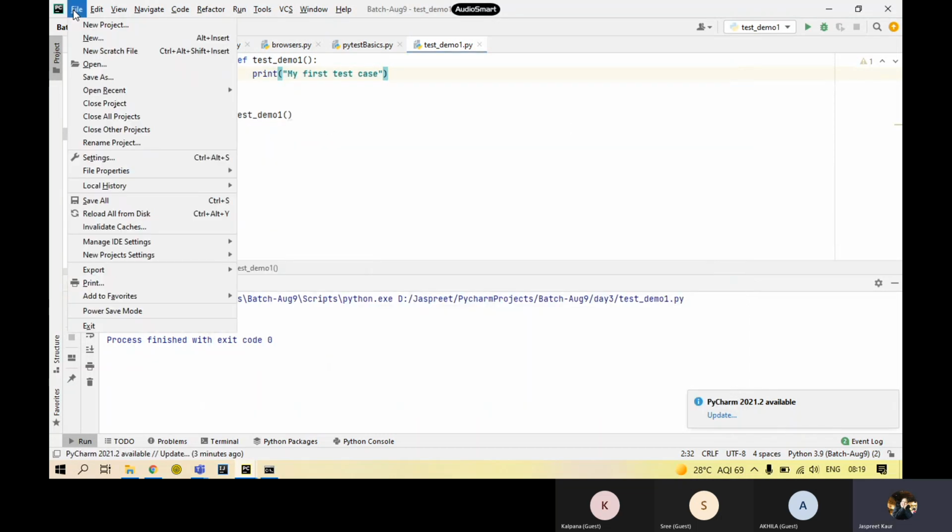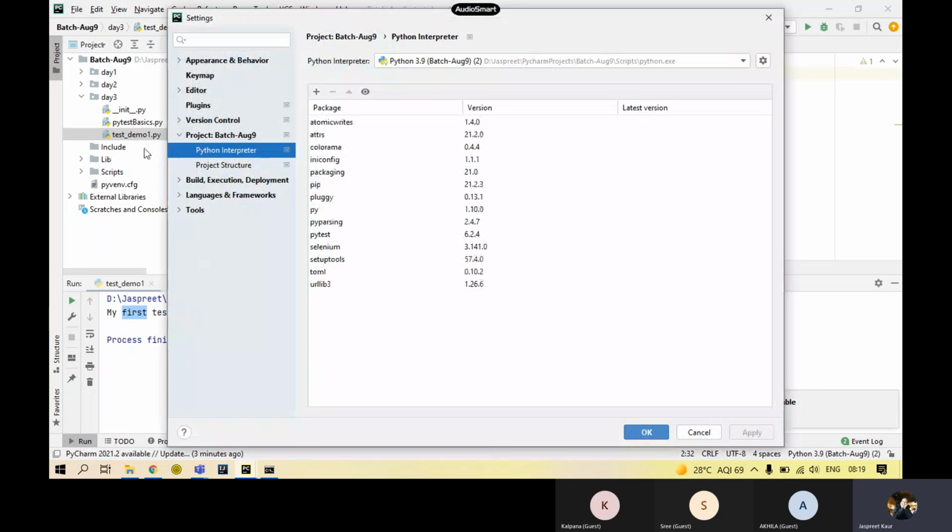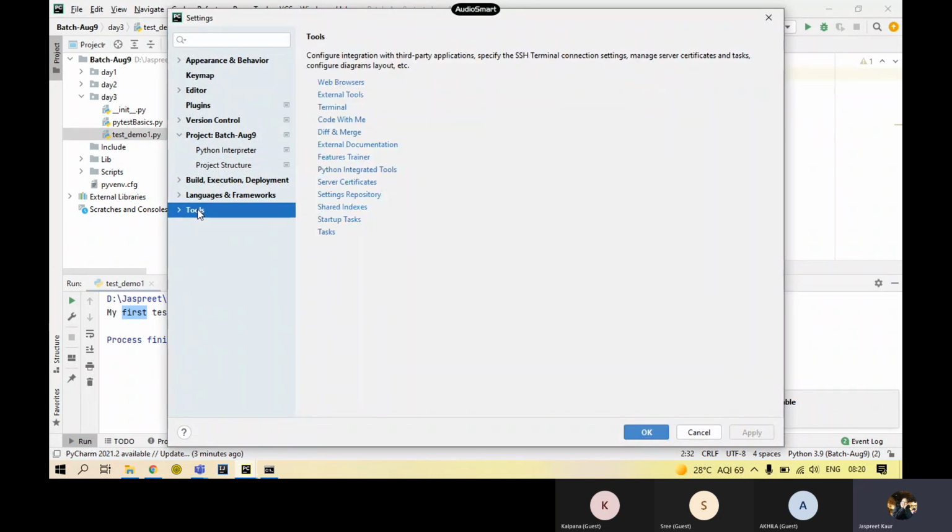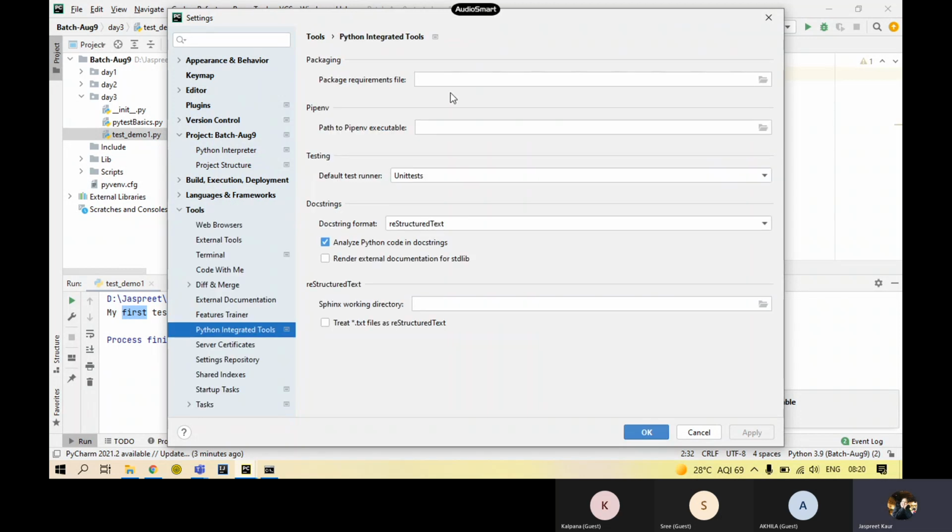So over here, yeah, there is one more setting that we have to change. By default, there are settings done in PyCharm. We have to edit them a little. Go to File, Settings again. And in here, now you have to go to Tools, and then Python Integrated Tools. And in here, there are different options coming. What is the packaging? What is the environment that you are using? The interpreter you are using? And when it comes to the testing section, over here,